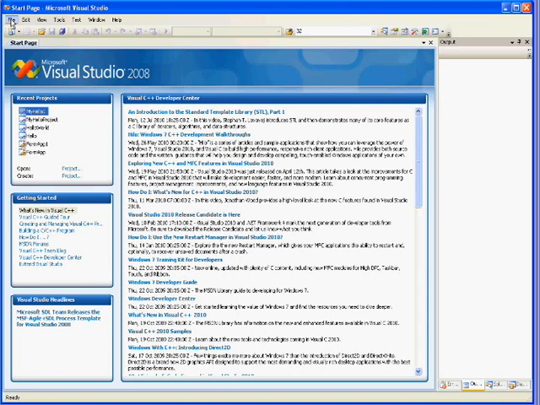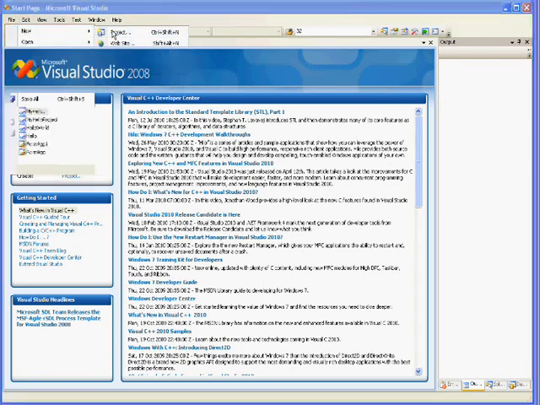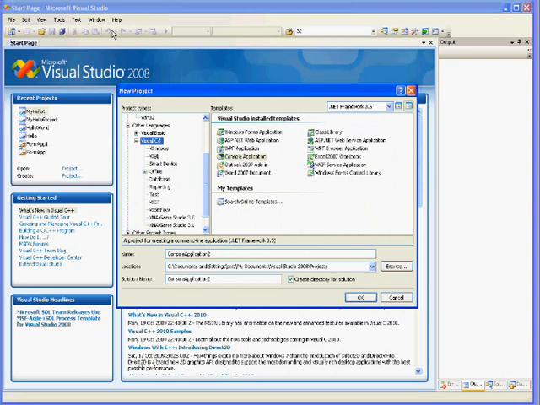To do this, we go to the File menu, which is in the top left hand corner, and choose New Project. When we've done this, we find where it says Visual C#, and we're going to choose a console application, which is the simplest sort of application we can have. We need to give it a name, and the name should tell us what the project's about. What we're going to do in our project is produce a Hello World